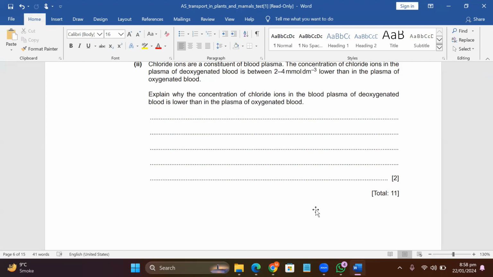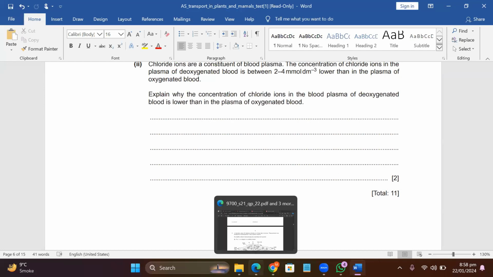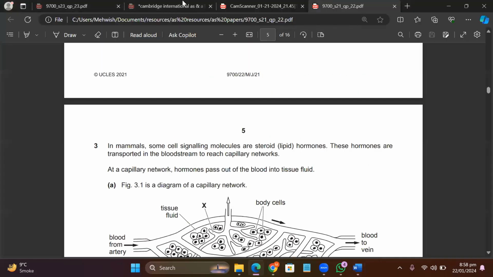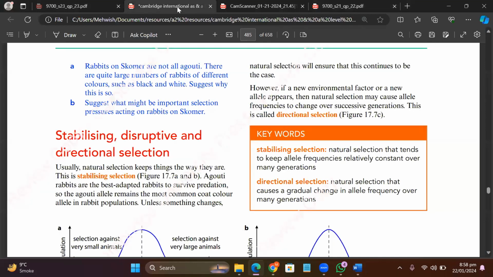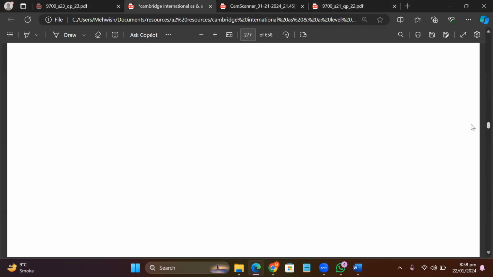And this is the use of the chloride shift. अगर देखना है तो मैं आपको यहाँ दिखाती हूँ, ये देखो क्लोराइड शिफ्ट का एडवांटेज क्या है।